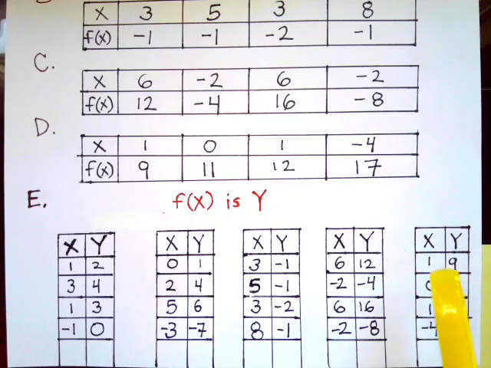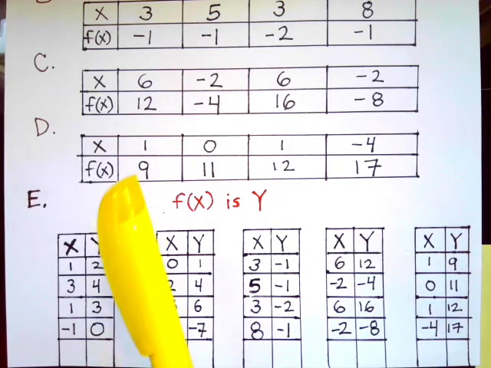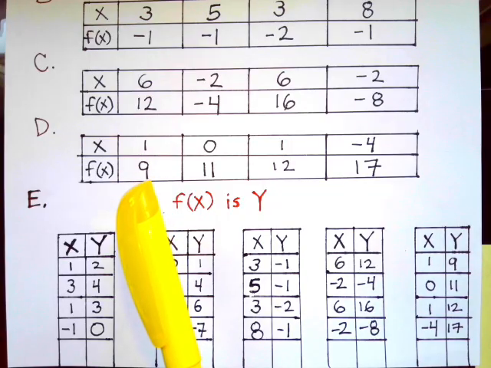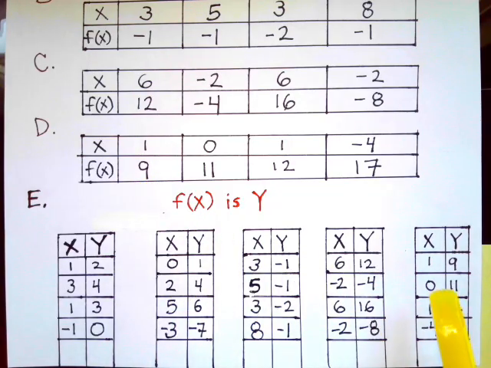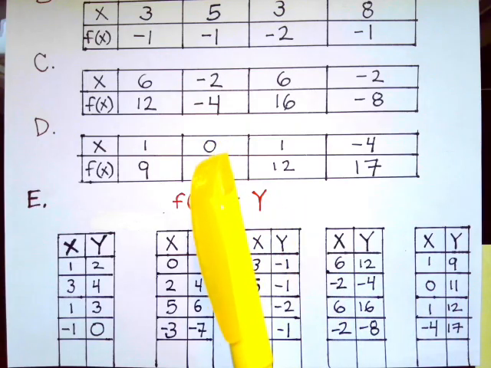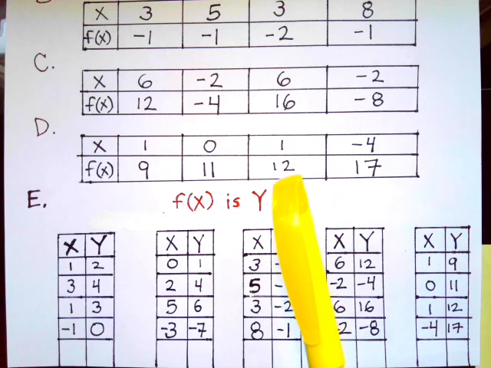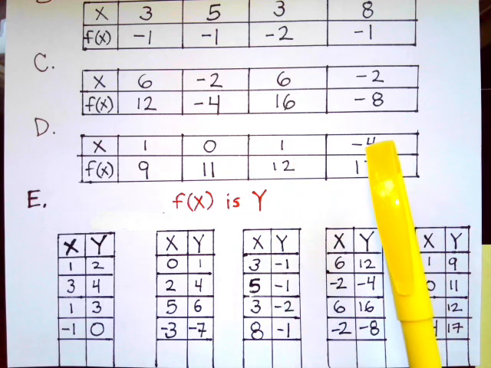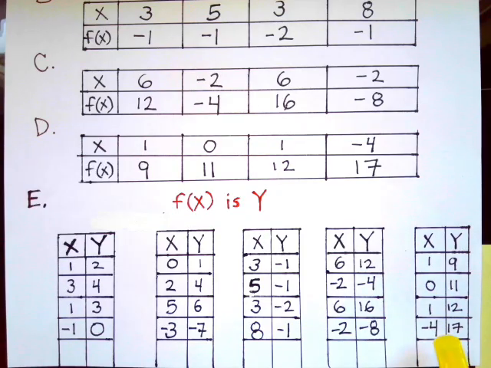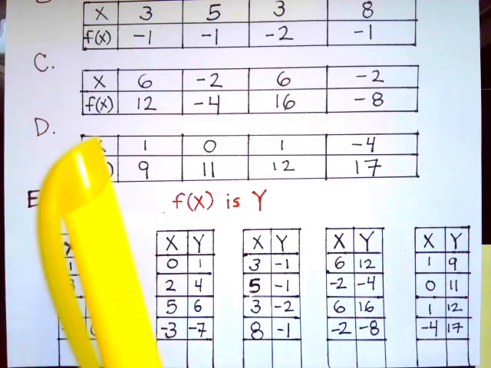Let's take a look at this last table here. X is 1, y is 9. X is 1, my f of x, which is y, is 9. My x is 0, my y is 11. My x value is 1, my y value is 12. And when x is negative 4 and y is 17, you can see my x value is negative 4, my y value is 17. So whether they're written vertically, showing your x and y values, or written horizontally, showing your x and f of x,